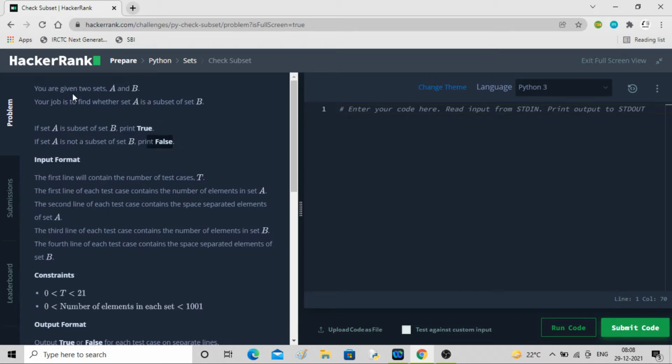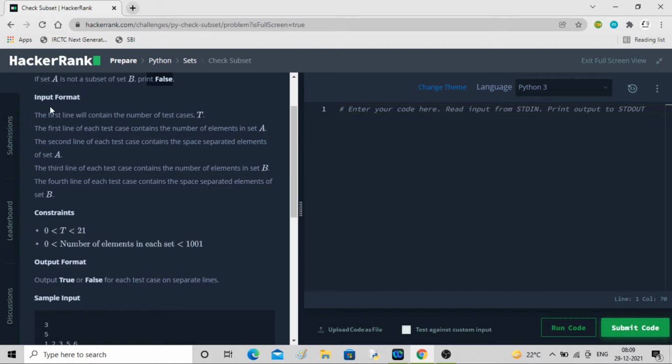Okay, that's the simple task. Two sets will be given to us and we have to figure out whether one set is a subset of another. Means all the elements of one set are present in another set or not. So our input format will be like this. First line will have the number of test cases, how many such sets you have to check.